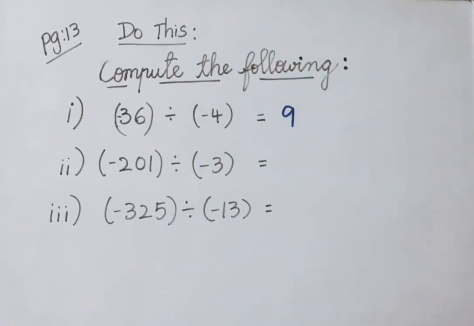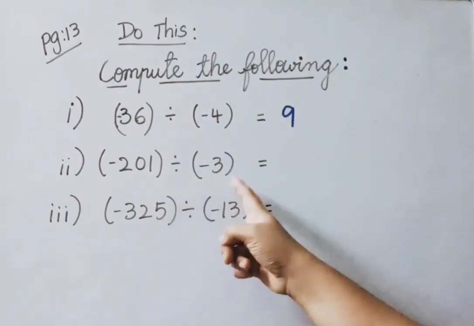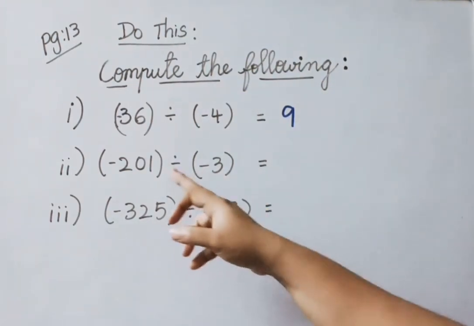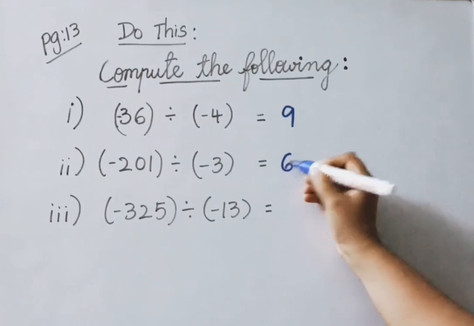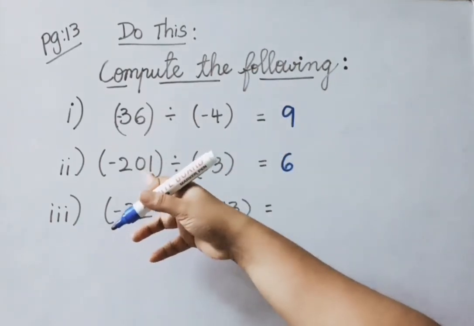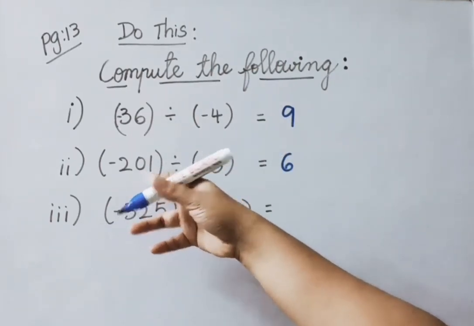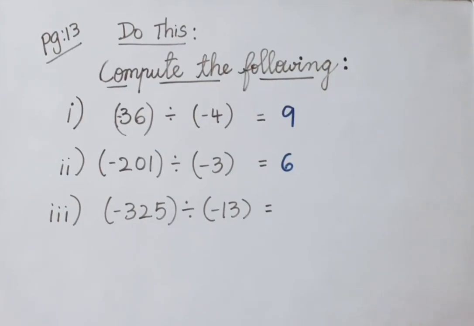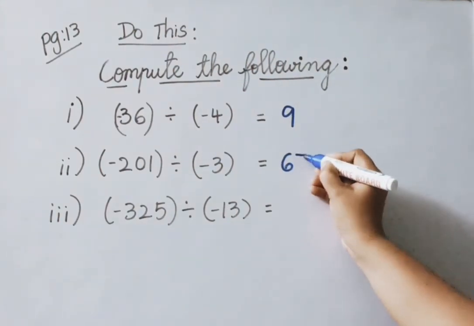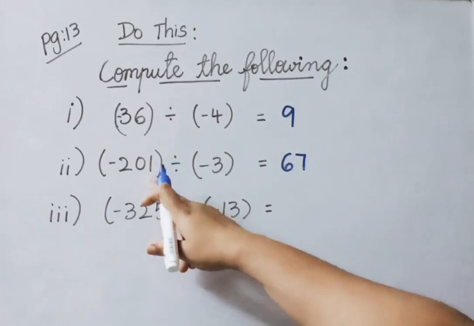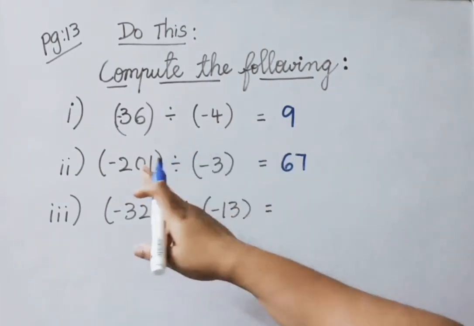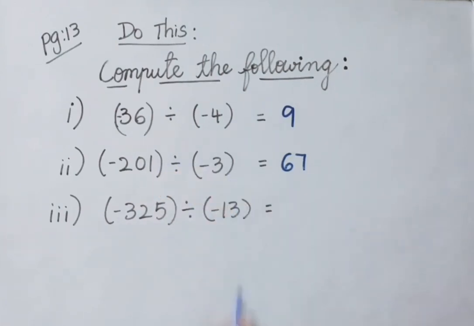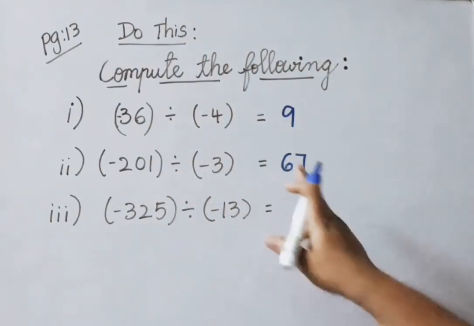See next one, minus 201 divided by minus 3. 3 table 201, how many times do we have to check? So 3 6s are 18. So you will get a carry 2. So the number will be here 21. 3 table 21 is 7 times. So write down 7 here. So minus 201 divided by minus 3, we get quotient 67. Negative integer divided by negative integer, we get a positive integer. That's why no sign here.